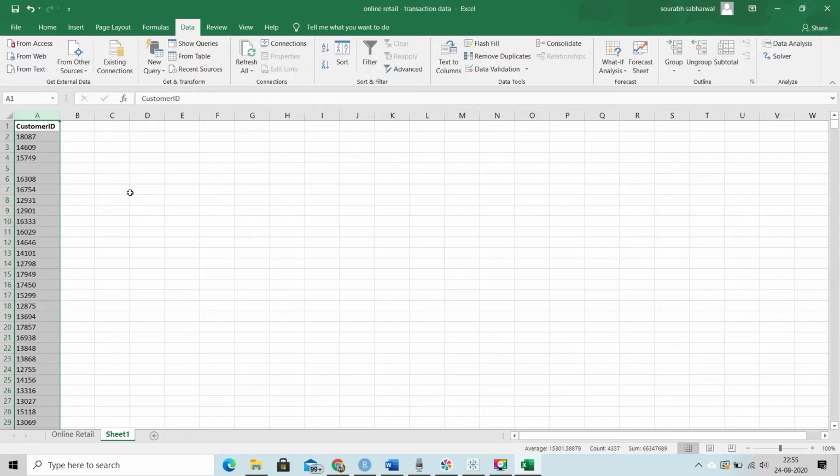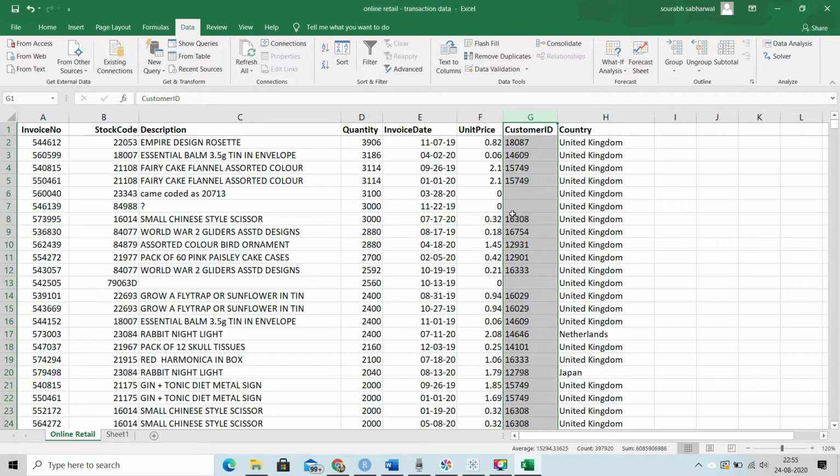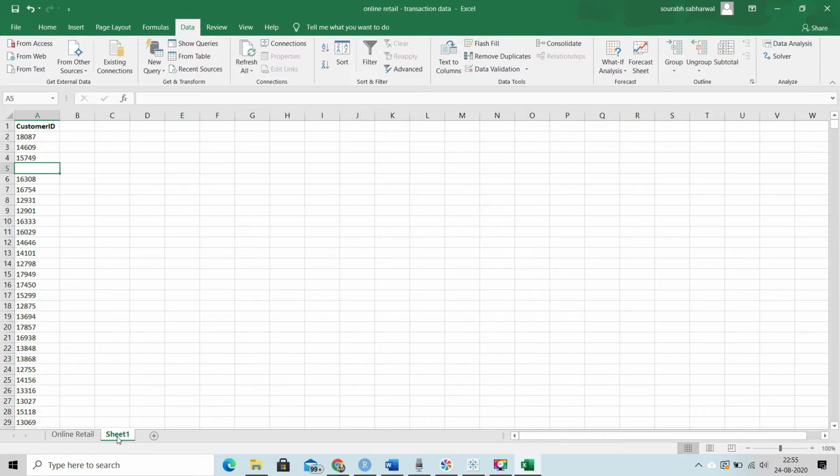You can see here that there is a blank value also. Why has it considered a blank value? Because if we go to the real data, there are transactions with a blank customer ID, so it is considering blank also as a unique customer ID. We'll keep this as of now, and we'll delete it later. Now let's find recency, frequency, and monetary, and quickly go to Tableau for that.